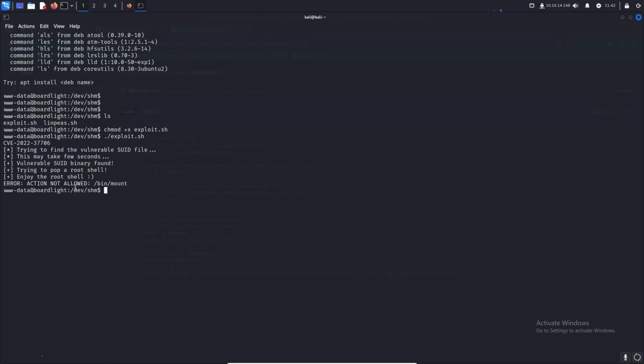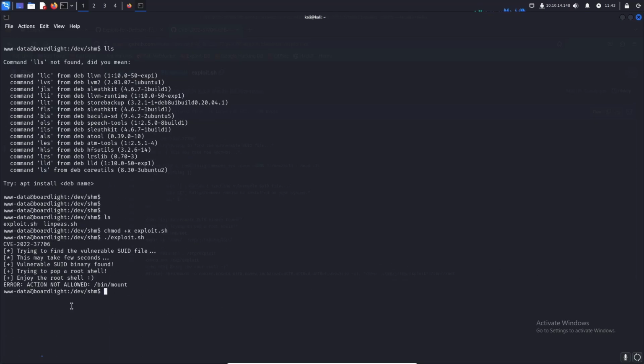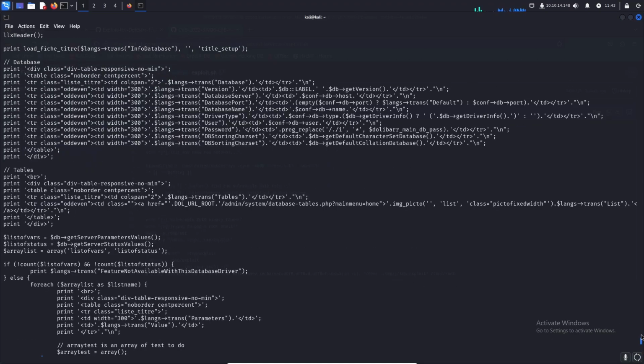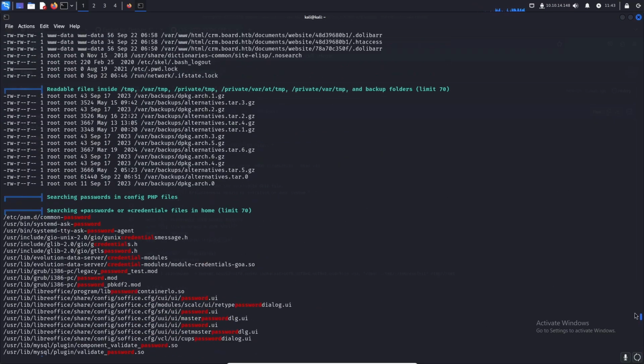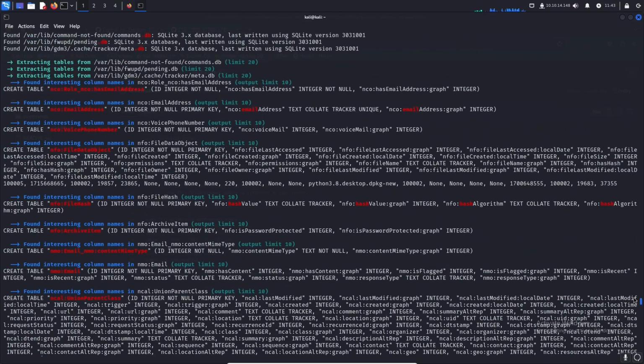Okay, so we are not allowed to go into the mount binary. That's okay. Keep in mind, we still haven't really done much. We still have to laterally move to the other user, Larissa, on this box. It was a good attempt, and we'll keep this in the back of our mind for when we eventually get to Larissa. But for now, let's focus on laterally moving to that other user, and then we can come back